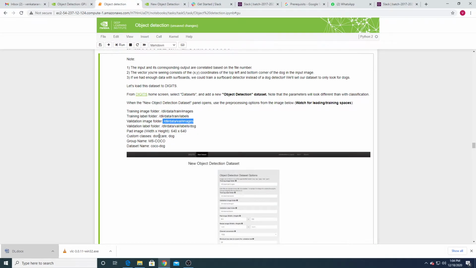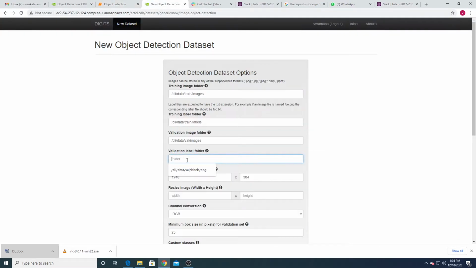What next? Validation label folder, because for training data and validation data we require the labeling information. In the validation label folder, if there is any space, just try to remove it.